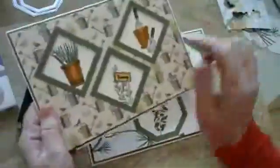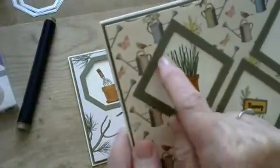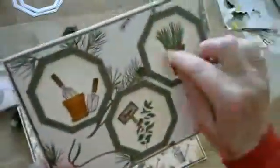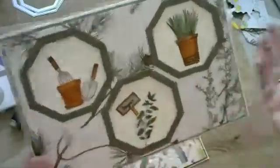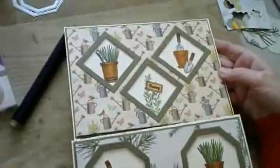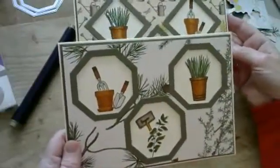But on this one, I've just put a little, I don't know whether you can see that, just a little chives label. And so I would do the same in that one for a bit of interest. And then I would put a sentiment on, happy birthday, whatever it's for. I haven't even got around to putting one on that. But there are the two cards. You can see the slightly different effects using the different types of...